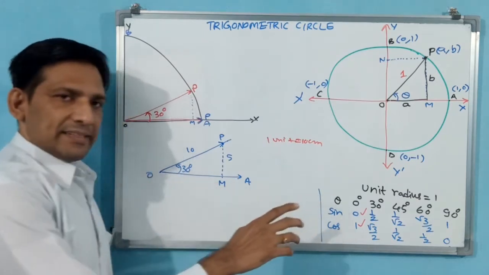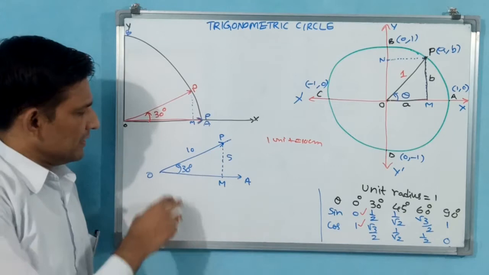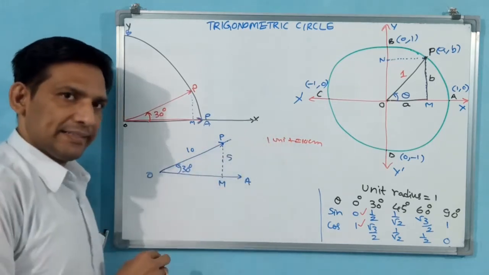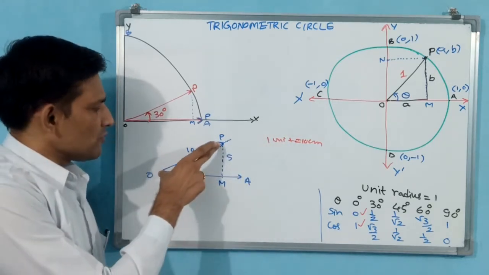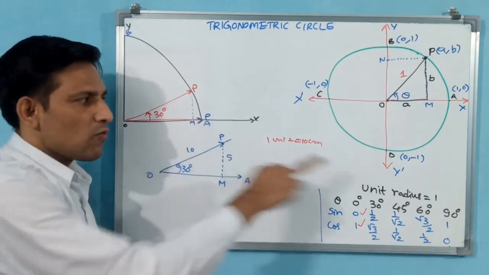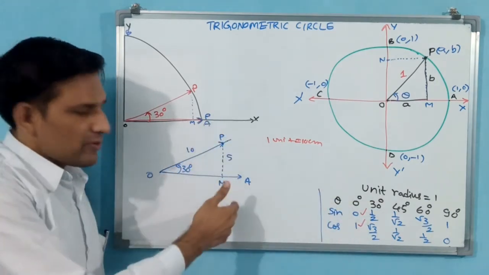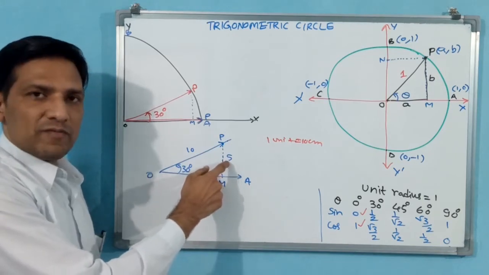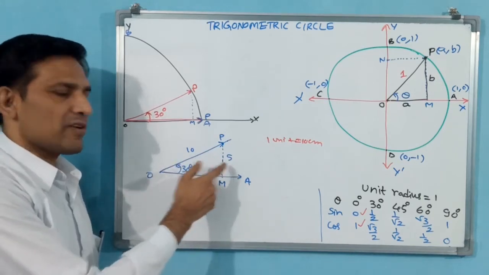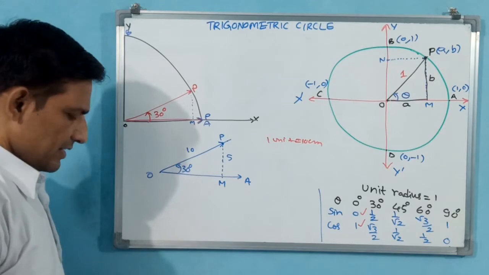You take the x-axis, draw one line on graph paper, then draw one line at 30 degrees. That line you mark up to 10 centimeters. Now 1 unit, as 10 centimeters, we have taken temporarily. You draw a perpendicular line; this line is going to become 5 centimeters. 10 centimeters, 5 centimeters at 30 degrees.